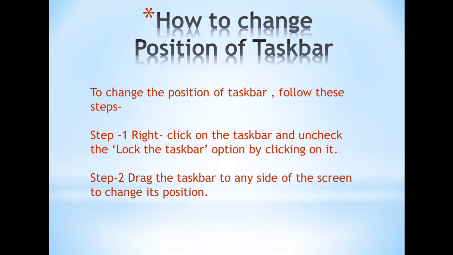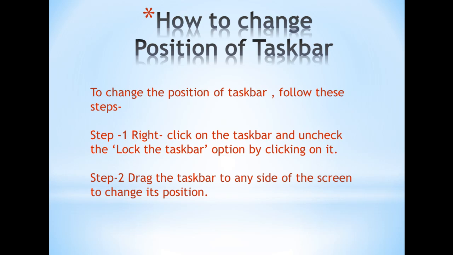We have to keep our cursor on the taskbar and press the right mouse button, then we will get one menu, and from there we have to uncheck Lock the taskbar. Now our taskbar lock is open for changes.